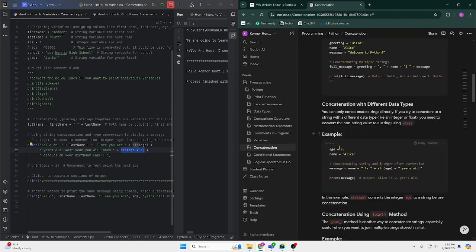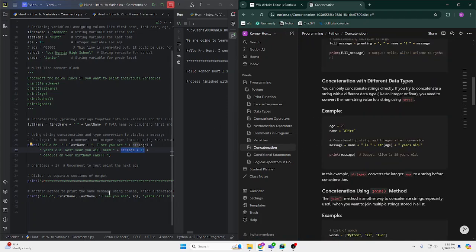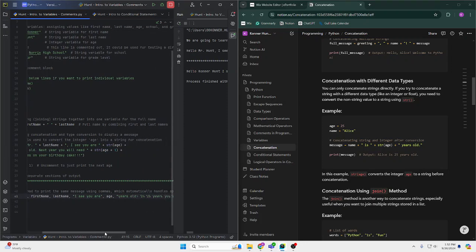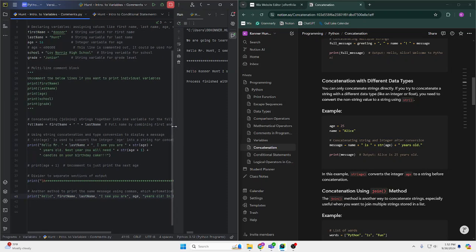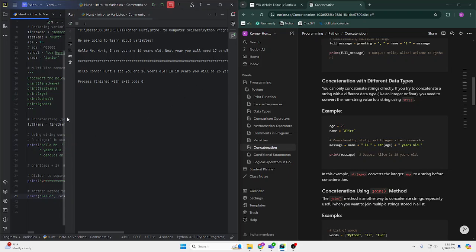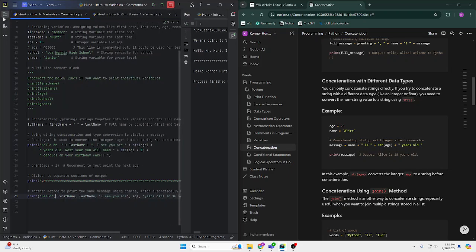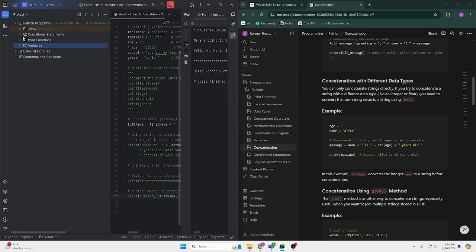You can concatenate. There's a different form of concatenation right here using commas instead of plus signs. Commas will auto add spaces and auto cast for you. So instead of having to cast age plus 10 as a string, it is already done for us as shown right here. And then the final thing we have learned so far